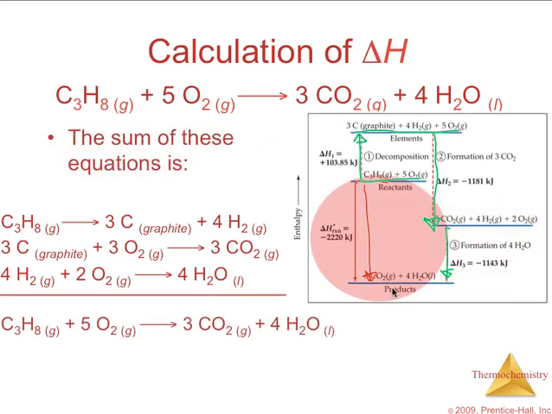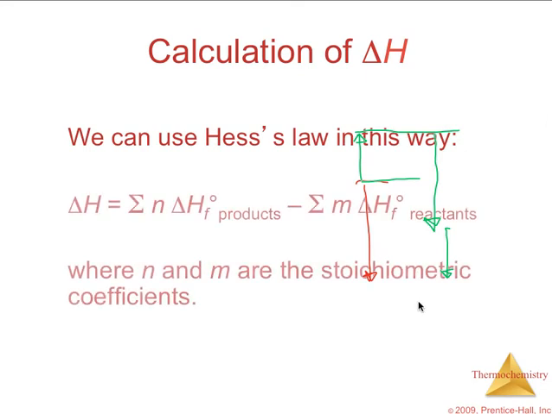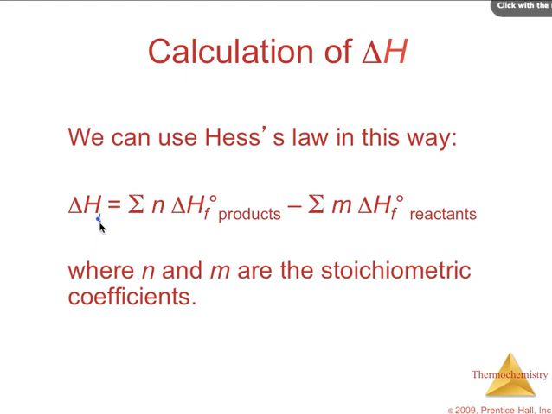So that's our overall equation. Now, how can we use the enthalpy of formation for those different compounds to come up with an overall delta H of reaction? We're going to do it in this way. Delta H of the reaction. Okay, we probably should say it's going to be at standard conditions because we're using the delta H of formation